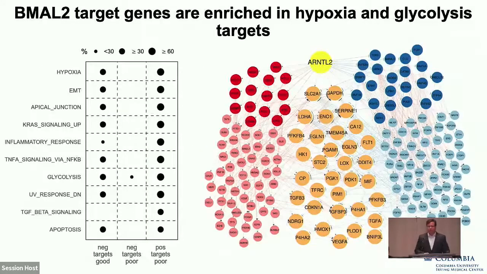All right, so we did the typical thing, but we looked in this case, instead of gene set enrichment at tumors that have high activity versus low, what we did was just say, well, what are all the target genes that were inferred for this transcription factor and what gene functions do they associate with? And we saw association with hypoxia and with glycolysis and also with KRAS, which is again expected from the way